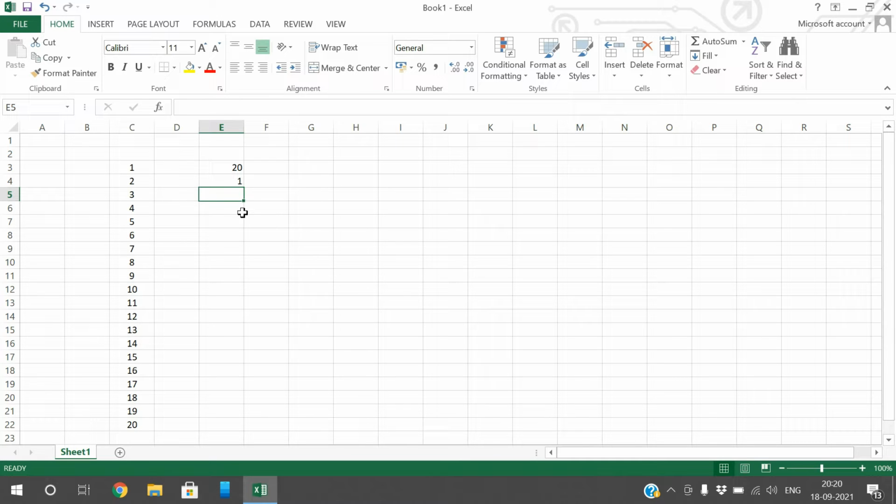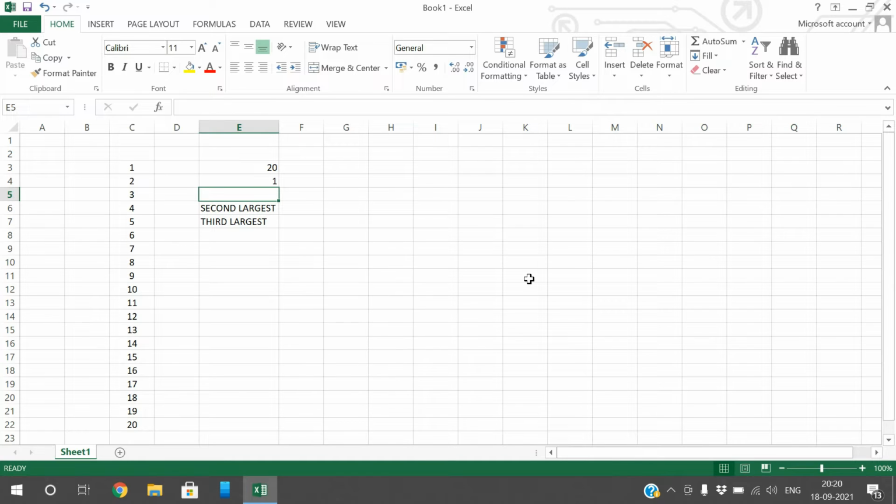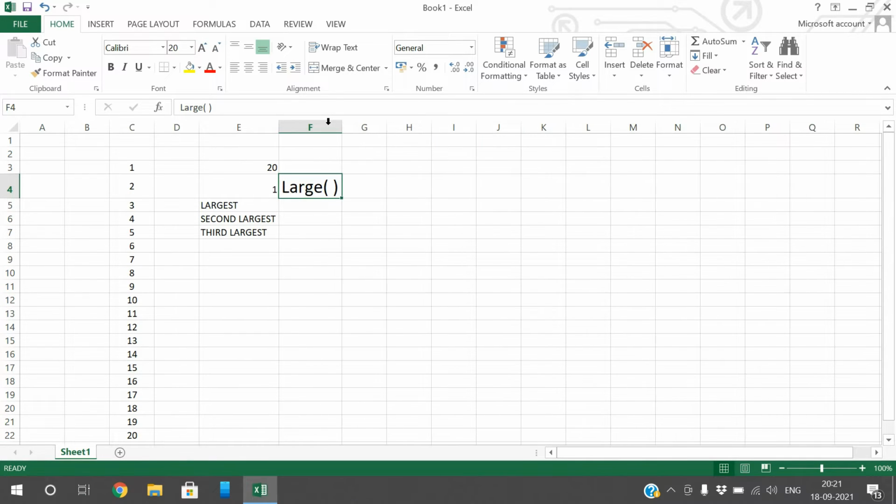Now here the question is how to get the second largest, not only the largest, the second largest and the third largest. If you are using the maximum function, we'll get only the largest element. And if you want to get the second largest, we should not use the maximum function. In this case, we are going to use a function called large. This large function is used to get the second largest or the third largest,